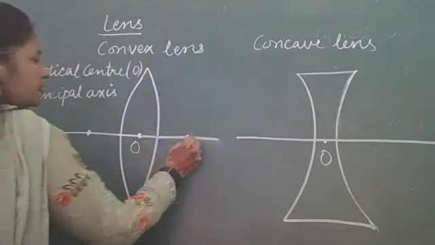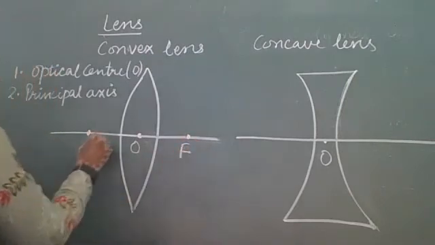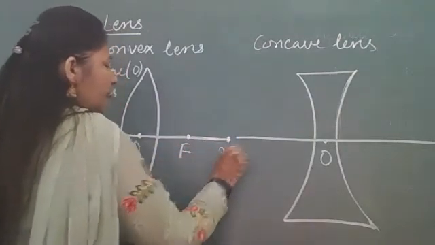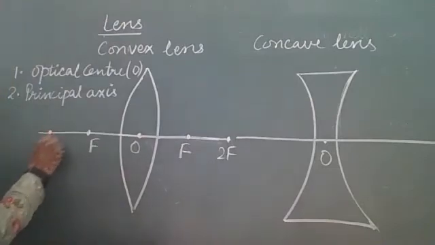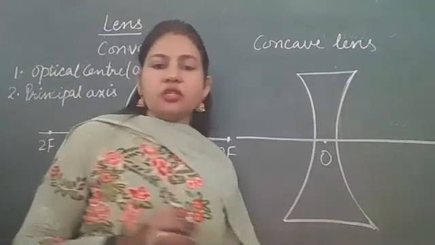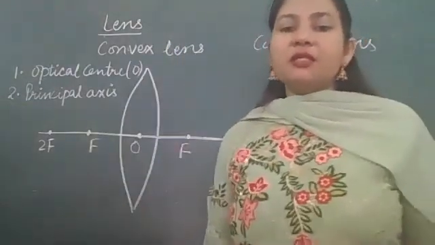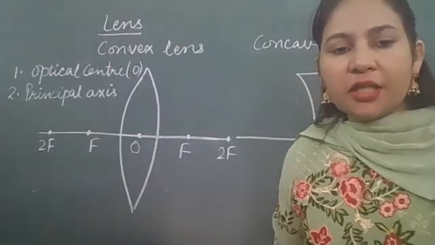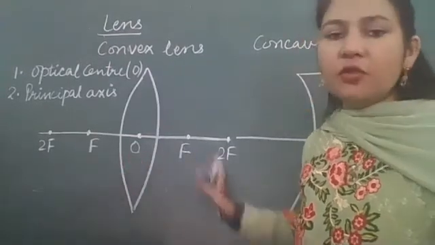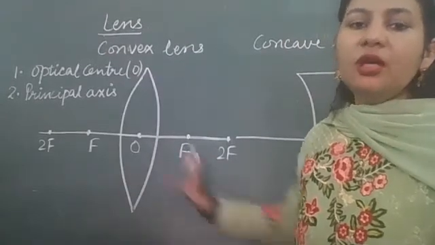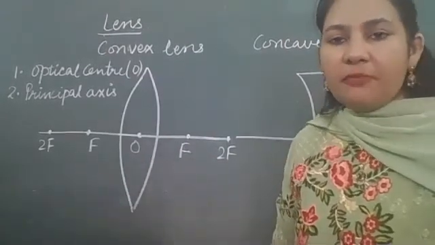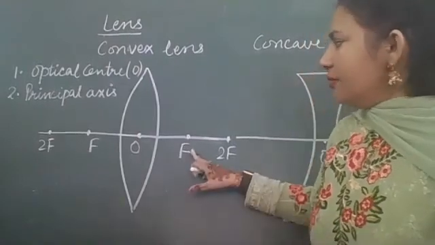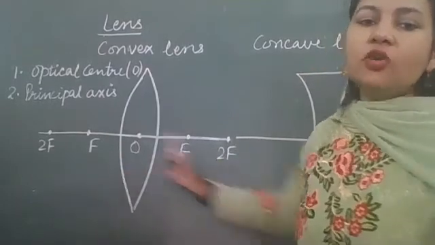And in case of lens, we mark focus on both the sides, and there is no center of curvature, so we mark 2f also on both sides. Double of focal length. Because to mark the positions of object and image, हमें double distance की requirement होती है. मिरर में तो सेंटर ऑफ कर्वेचर होता है, तो प्रॉब्लम सॉल्व हो जाती है. लेंस में नहीं है, तो हम अपनी तरफ से 2f ले लेते हैं डबल, क्योंकि we are to plot different cases of image formation for different positions of the object, right? So we mark focus on both the sides and 2f also on both the sides.